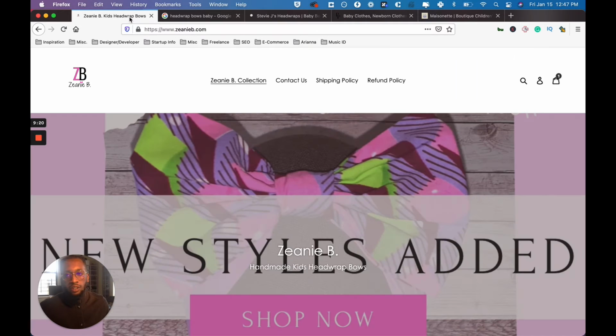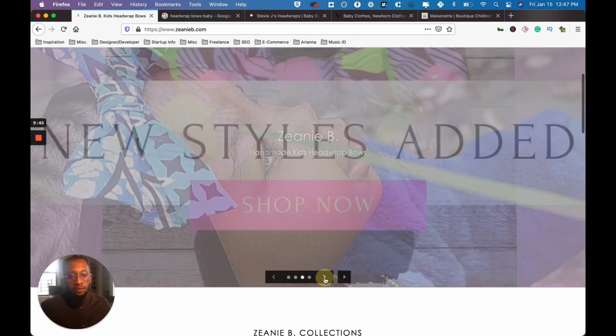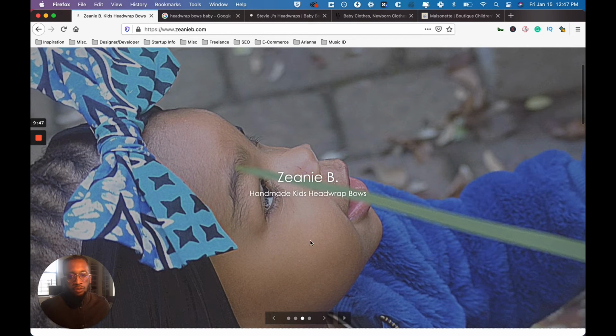And this is another thing I want to talk about. Right now, we have these images that look like they're coming from a phone, which is fine. Don't get too messed up that it's on a phone. But it could be better in a way that you're showing the lifestyle of it, right? How these bowls are being used. Let's look at it on a cute little baby, right? You have that here. But right now we're using this,